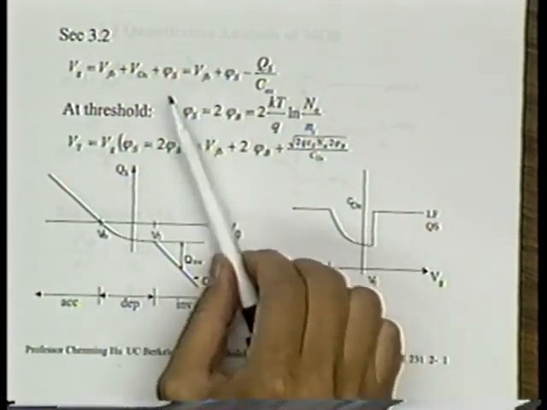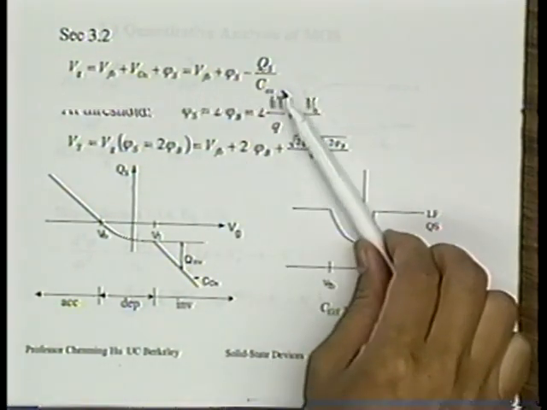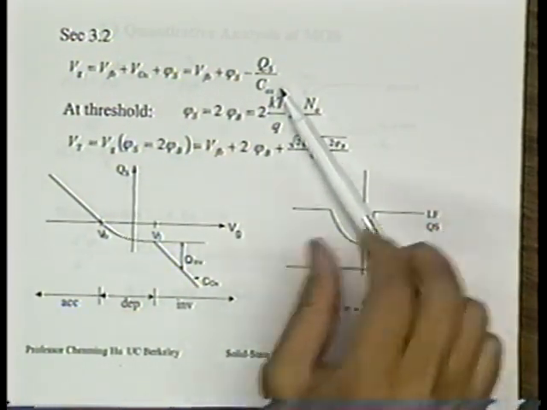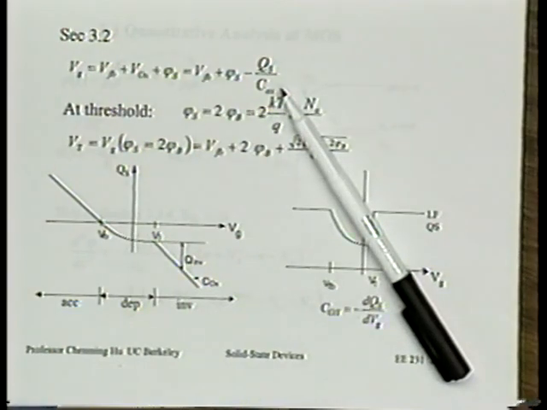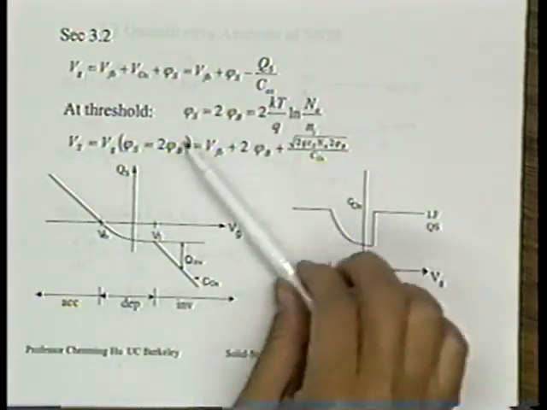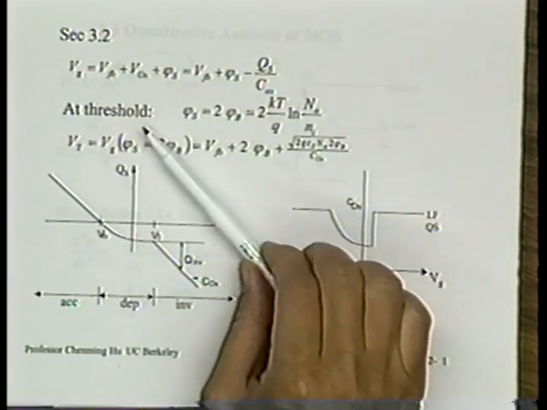The Vox term can be replaced by minus Qs over Cox. Qs is the charge on the capacitor, Cox is the capacitance, so Q over C is the voltage. The minus sign has to do with the fact that we take the voltage from the gate, but we take the charge from the substrate. Right? Now applying this equation,